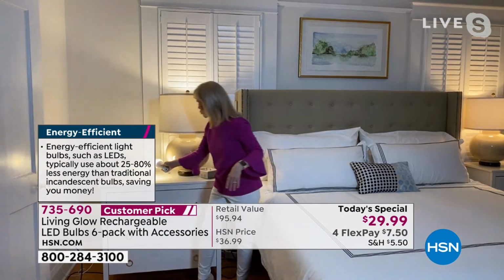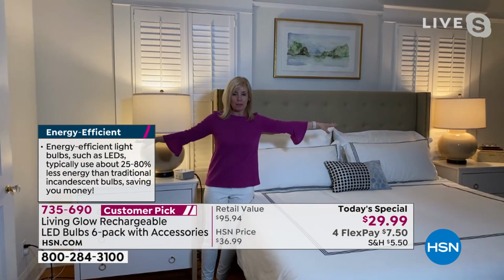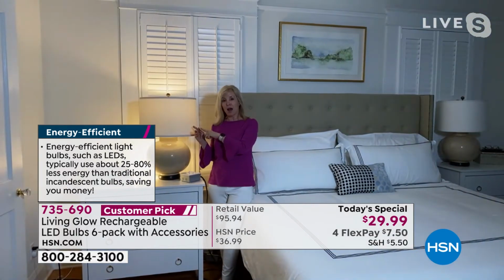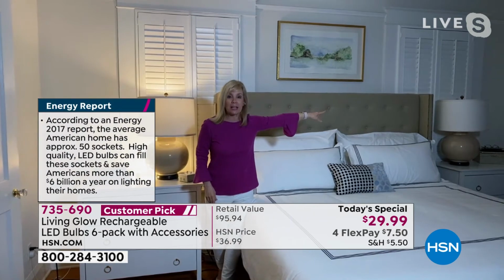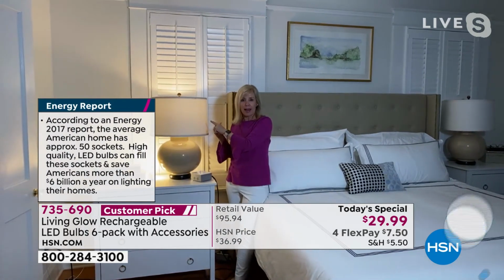Well, I want to show you in the bedroom again too, because most people have nightstands and you've got your lamps on those. So if you're sleeping and you would lose power, 1, 2, 3, the light doesn't automatically come on. All you have to do is flip your switch, the light comes on. That one over there is a regular bulb, so that one's not going to come on. But you have power now. You can